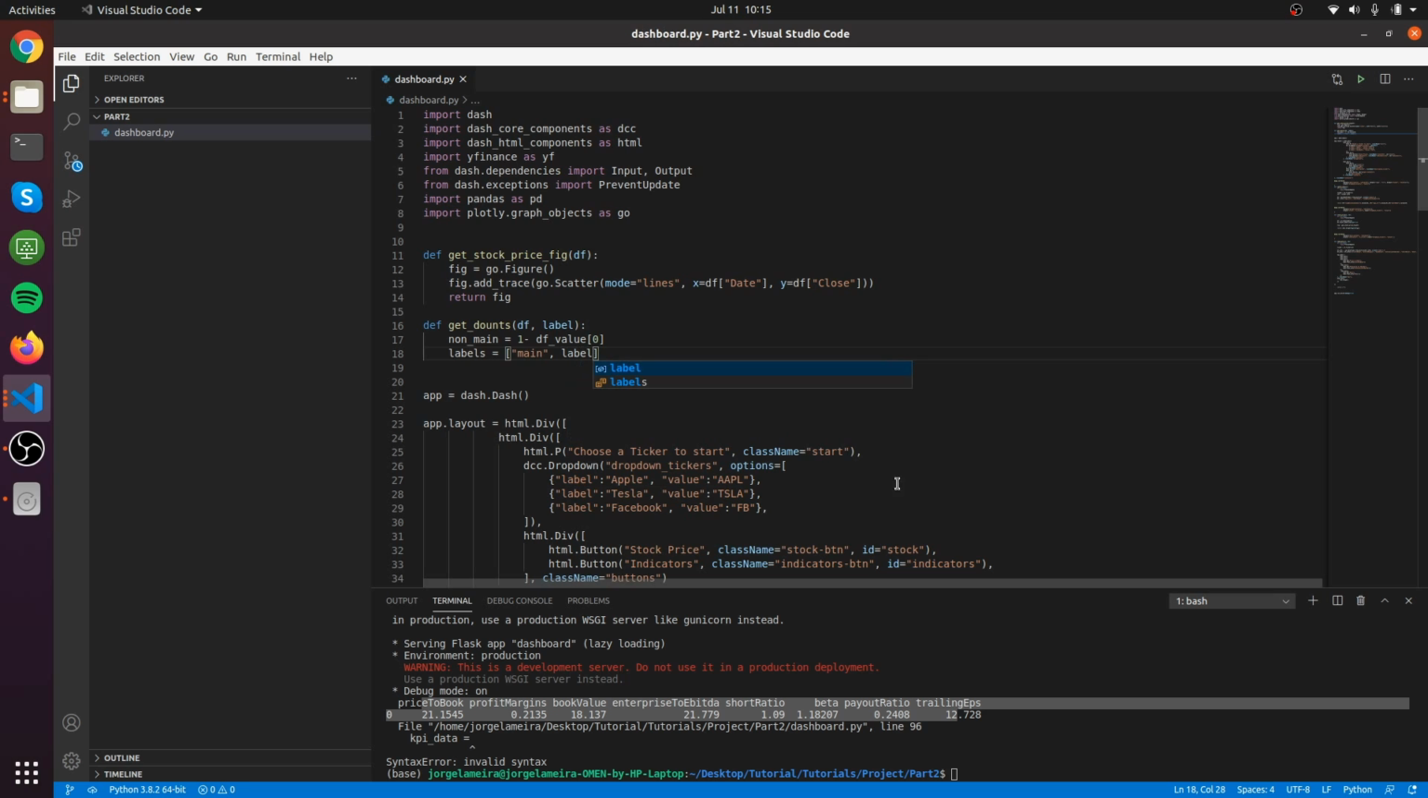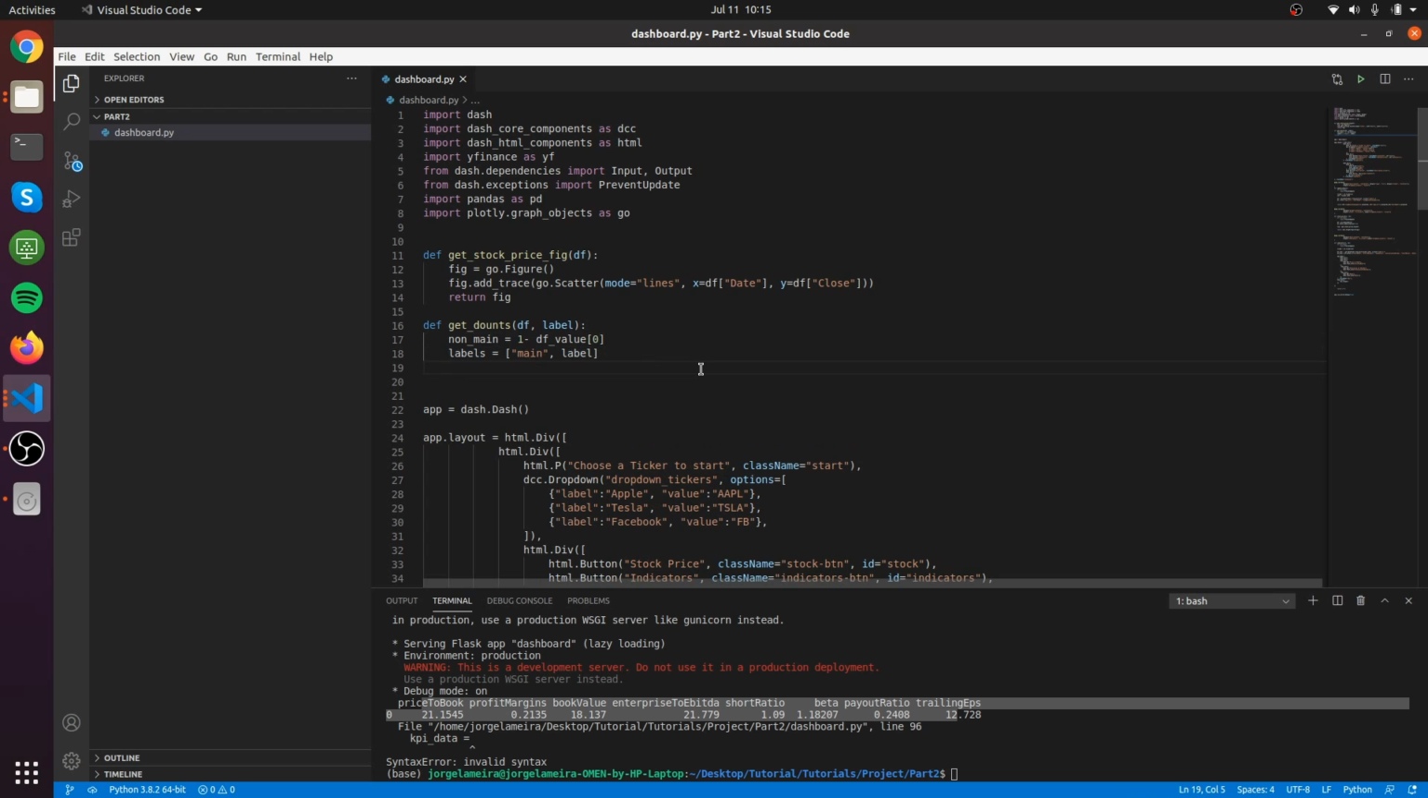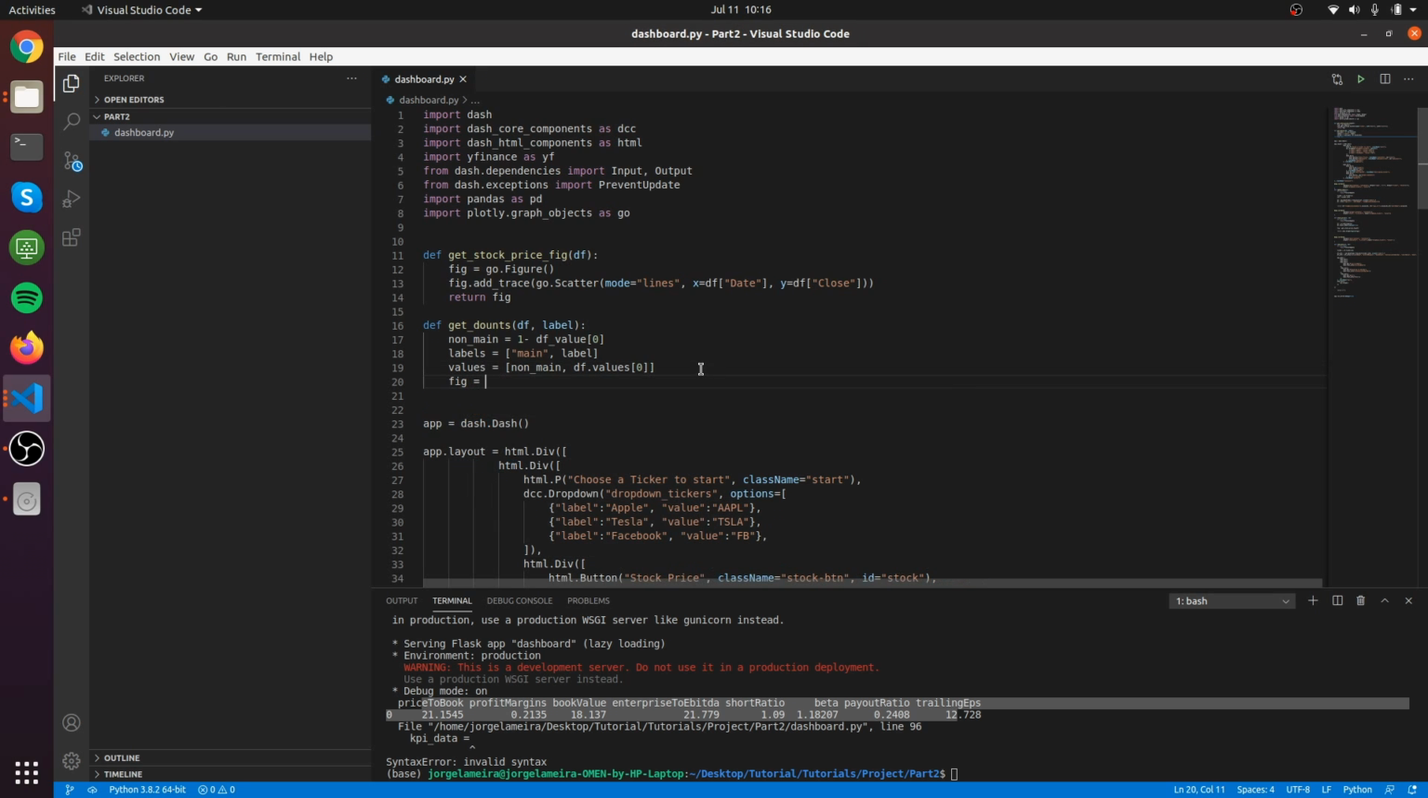Okay, so we have two values, so we need two labels: main and label. And the values are going to be the non_main and the df value. Whoops. Okay, we can get it like that. And finally, our figure is going to be just another go.Figure, with a capitalized F, I think, yeah. And let's pass the data. The data is going to have go.Pie,